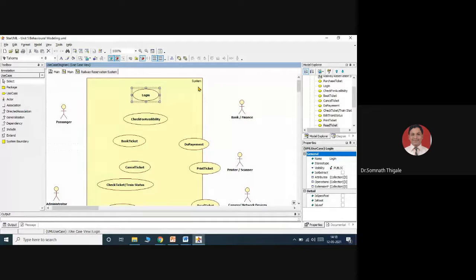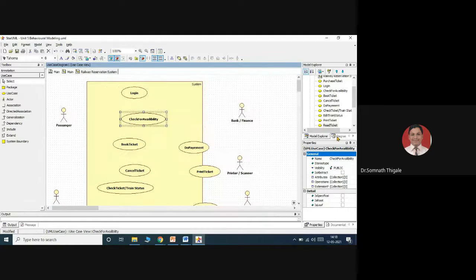The system will allow entry through the login option. Then let's consider the passenger. What will they do? Check availability, book ticket, collect ticket, cancel ticket, do the payment, print the ticket. These are the operations that a passenger may perform with respect to the system.